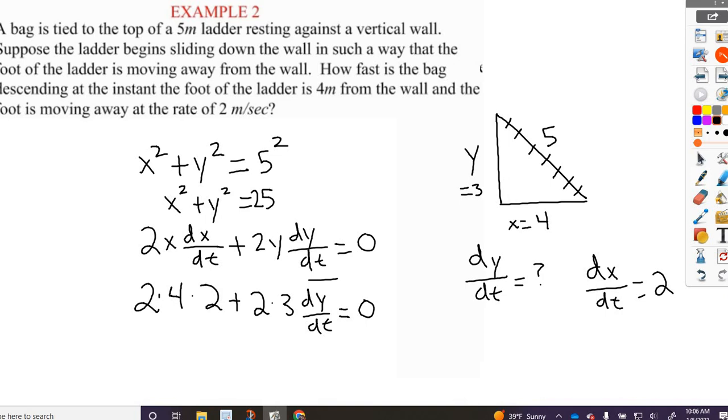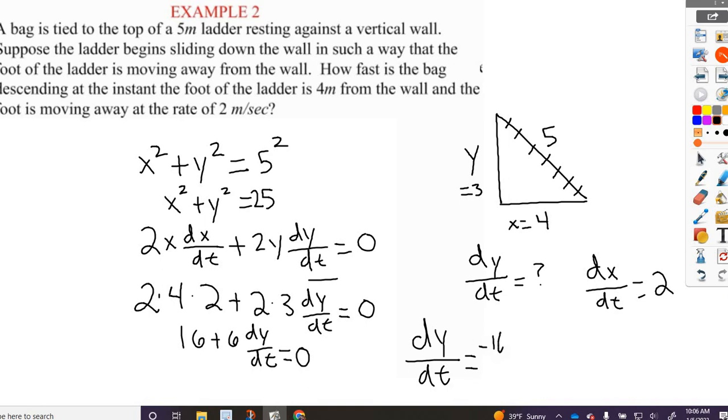So we get 16. So we end up with dy dt equals